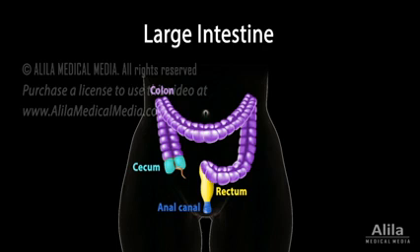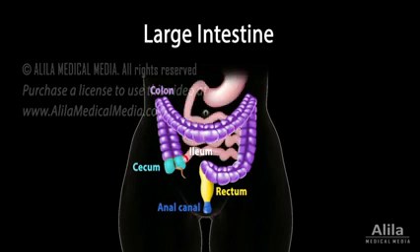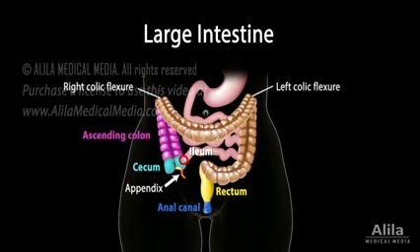The large intestine consists of the cecum, colon, rectum, and anal canal. The cecum receives food materials from the ileum via the ileocecal valve. At the lower end of the cecum is the appendix, a winding blind tube containing lymphoid tissue and a high concentration of intestinal bacteria. The colon starts from the ileocecal junction and consists of four segments: ascending, transverse, descending, and